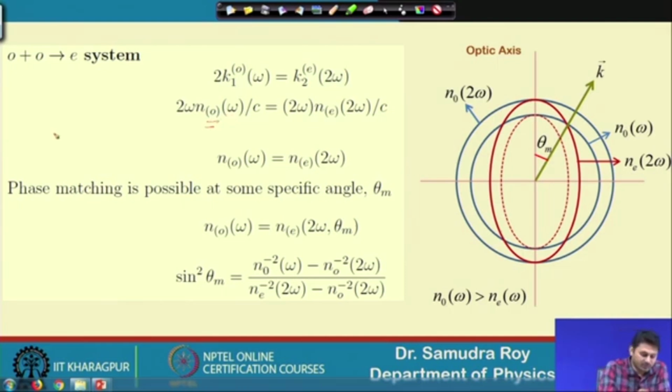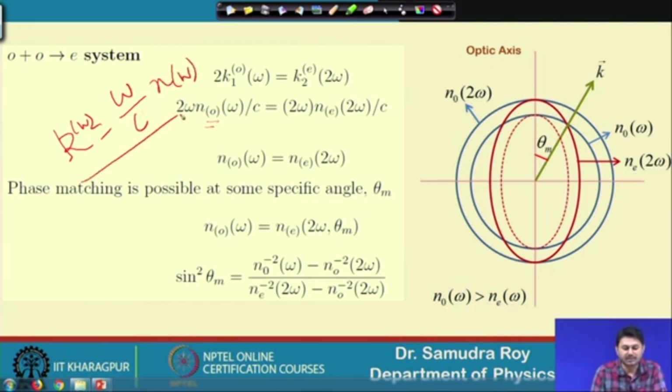Here also we use k equals omega divided by c, k of omega is omega divided by c times n of omega. We just use this expression in both cases. In one case we use the extraordinary refractive index n_e because my k vector is extraordinary. For the ordinary k vector we just replace it with n_o, and when I do these two things together